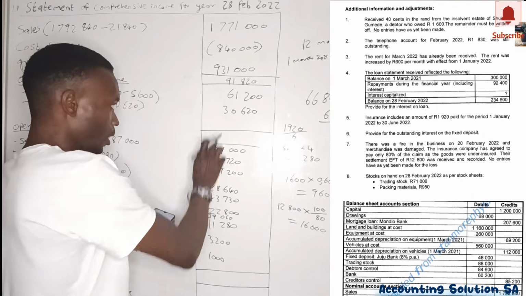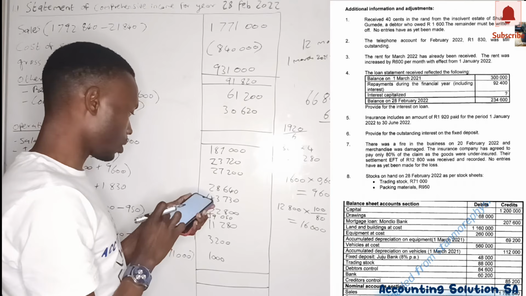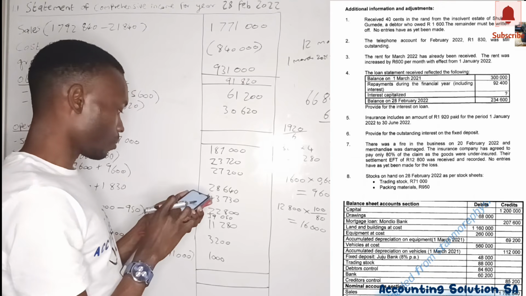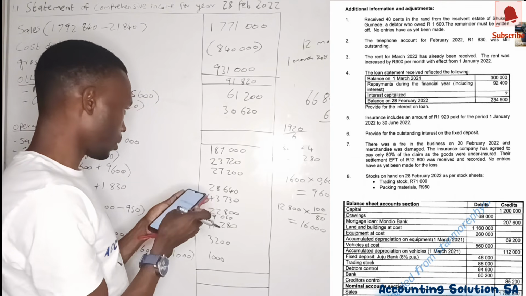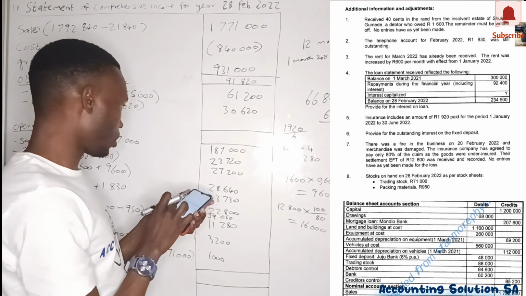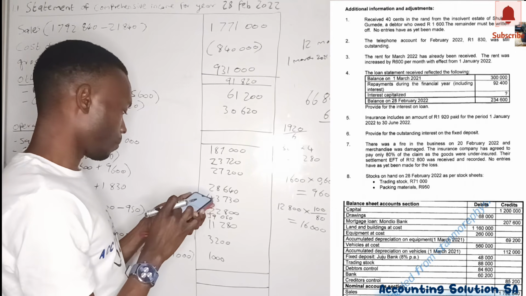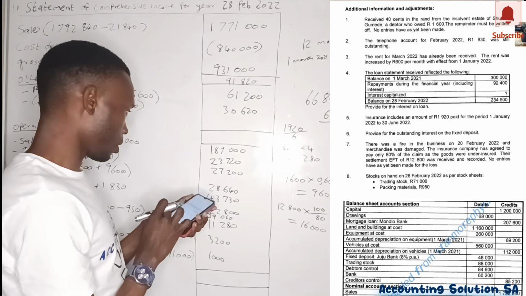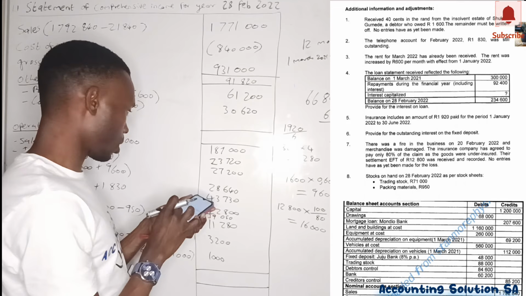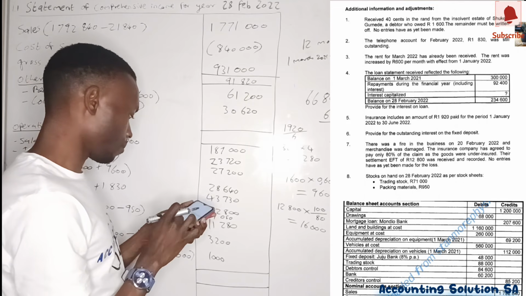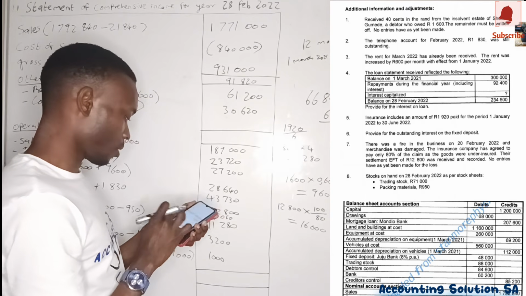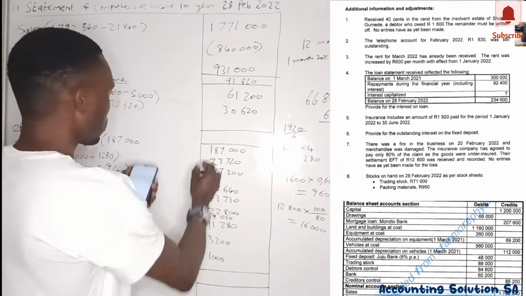We add everything here: 187,000 plus 23,720 plus 27,200 plus 28,640 plus 43,730 plus 22,800 plus 39,050 plus 11,280 plus 3,200 plus 1,000. So it's going to give us